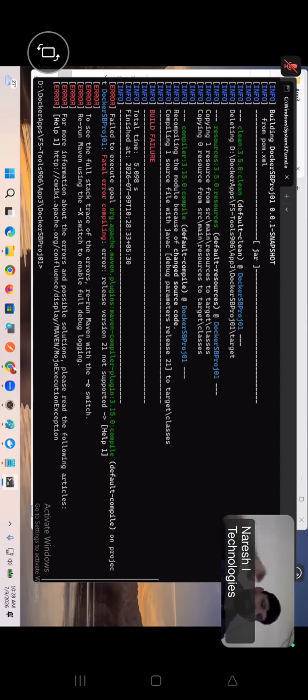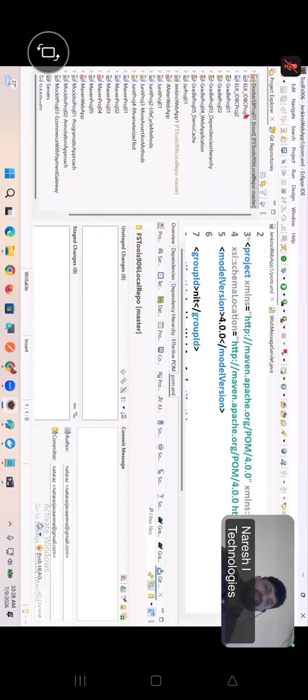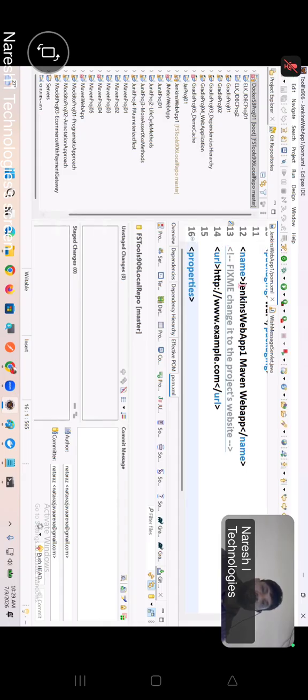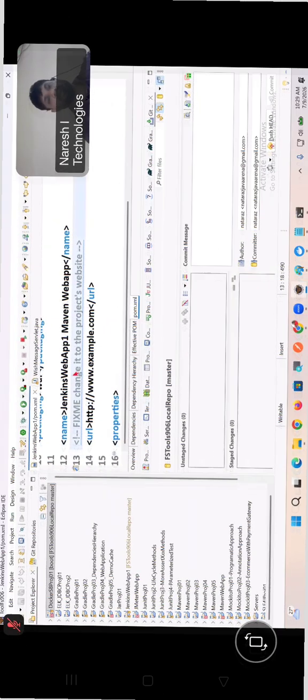This version of Maven, whatever version we have right now, is supporting JDK 17 only. That's a headache. So what should I do now? Instead of installing a separate version of Maven, what I do is, I'll go to this